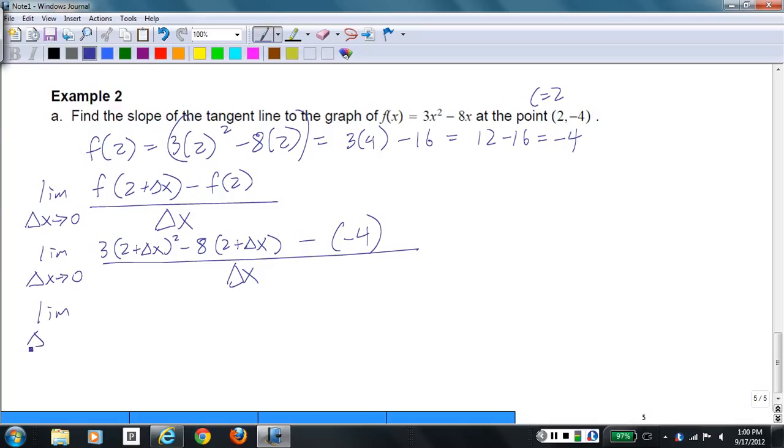So we work on the numerator. And we keep working on the numerator until we can factor out a delta x or conclude that delta x is actually not a factor of the numerator. So we've got to square the 2 plus delta x using the formula for squaring a binomial. We square the first term. Square the 2, we get 4. And then it's twice the product of the two terms. So 2 times the delta x is 2 delta x, and then twice that product, so plus 4 delta x